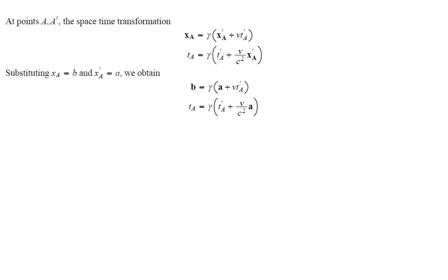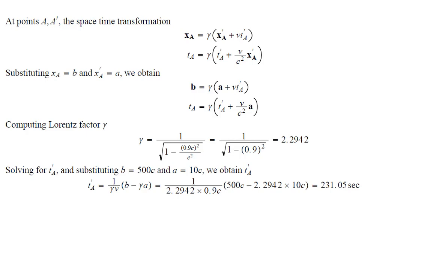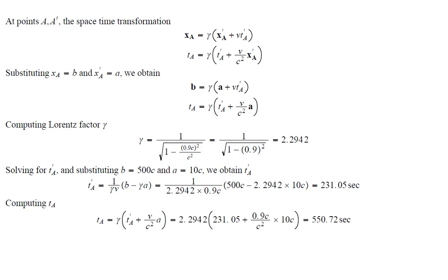Substituting xA equals b and x'A equals a, we obtain the following equations. Computing Lorentz factor, gamma equals 2.2942. Solving for t'A, and substituting b equals 500 c and a equals 10 c, we obtain t'A equal to 231.05 seconds. Computing tA, we obtain tA equals